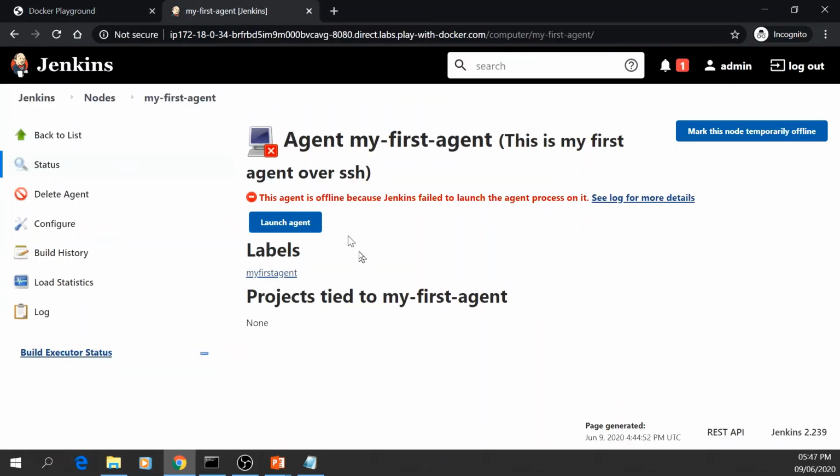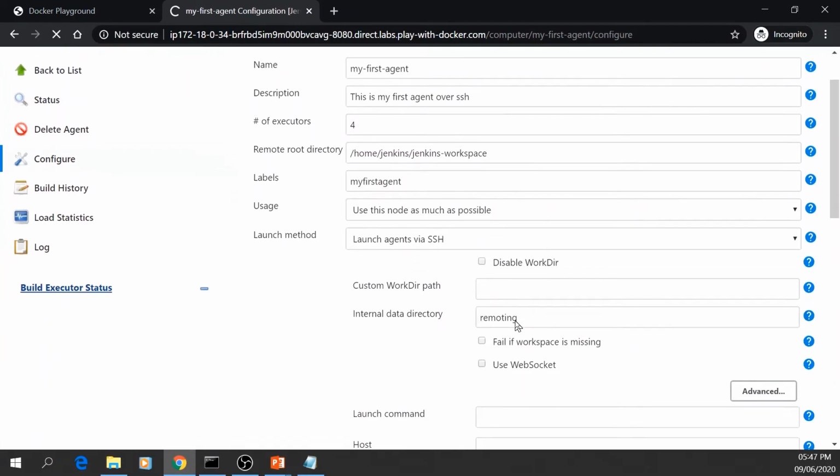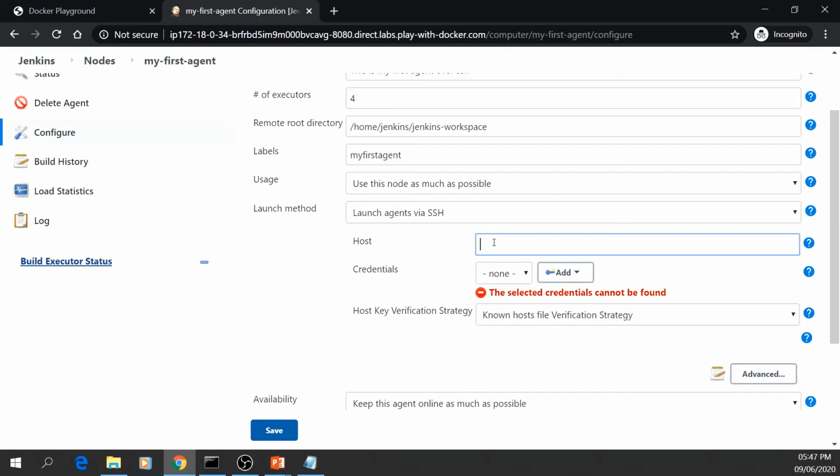If you see ls in the home location, we have a public key and a private key. The first one is the private key, the second one is the public key. So id_rsa is the private key and id_rsa.pub is the public key. Now we need the private key to add the node. So let me give the IP address of the machine,